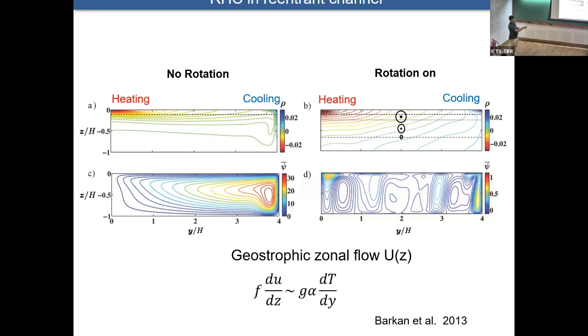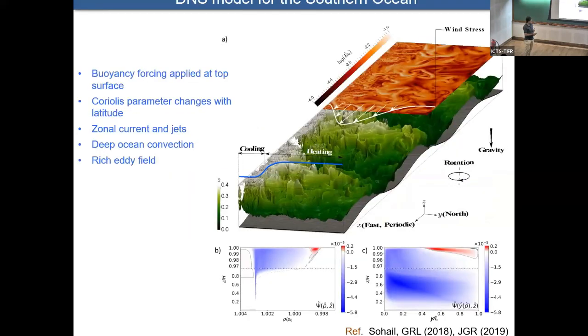No rotation in a open boundary, into the page and out of the page, you get overturning circulation. You remove the boundary, you see a bunch of eddies, but there is a zonal current that's supported by geostrophy. Okay, so we tested this one in our simulation. And we exactly got this Southern Ocean scenario, and we also put wind because the Southern Ocean is windy, and we would like to see whether the wind has any effect on this transport, any effect on this overturning cell.